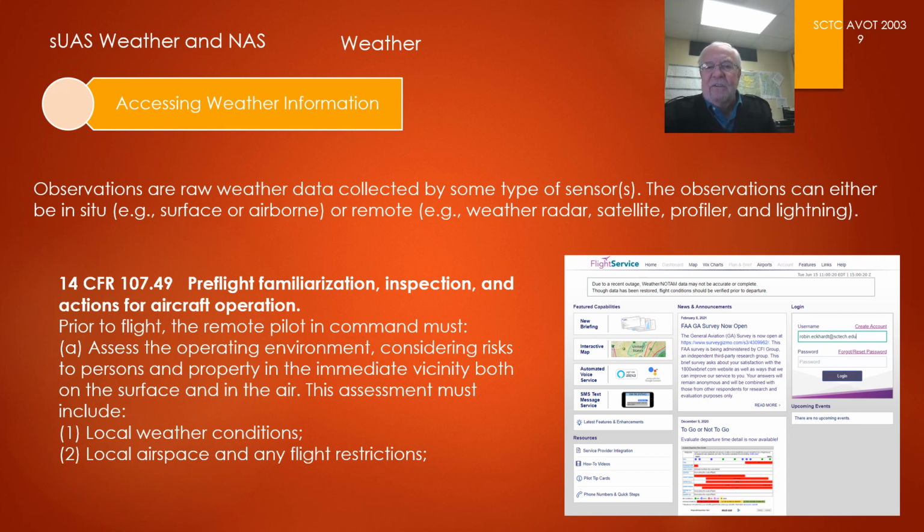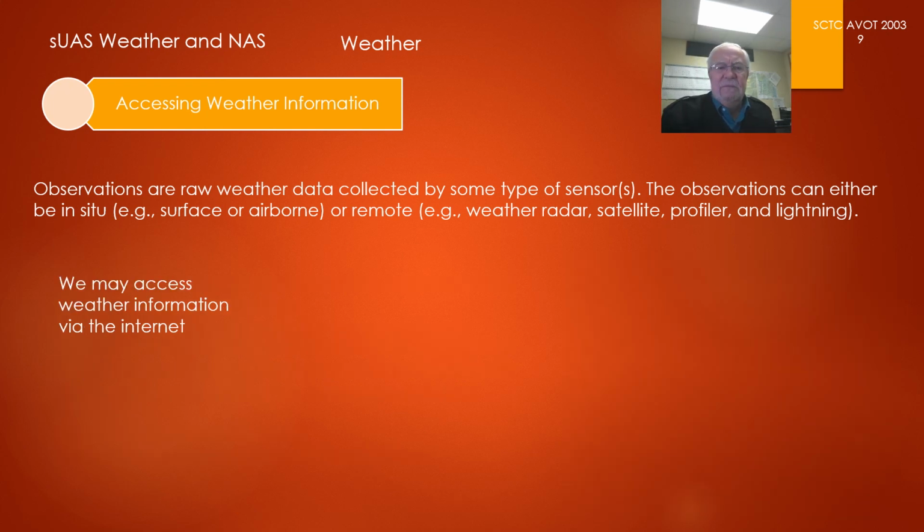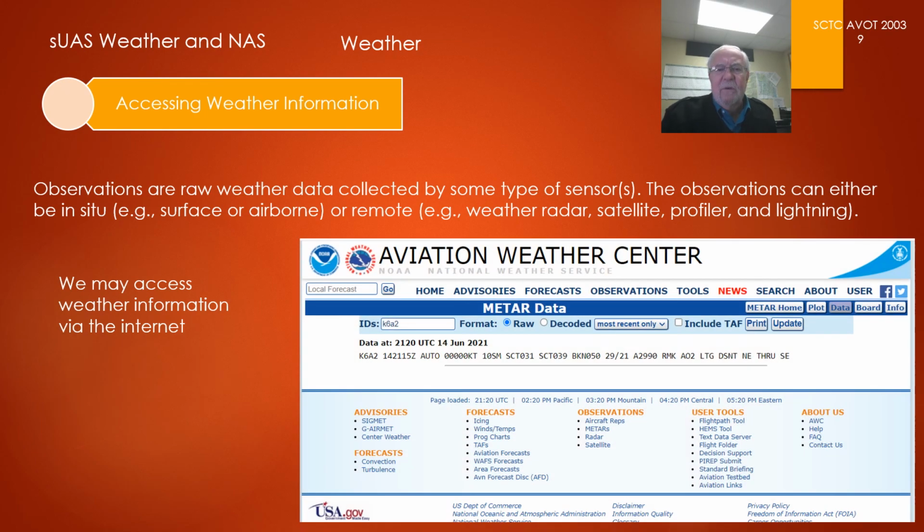Over here on the side, it's just a picture of flightservice.com, another very handy place to find weather information as well. There's a bigger blow up there. I find this really handy. It's well laid out. 1-800 weather brief's great, but this is just another place to access the weather. So we have forecasts, advisories, observations, user tools, a lot of information here. You just need to explore this. This, generally speaking, is not going to be on the written test, but it's just